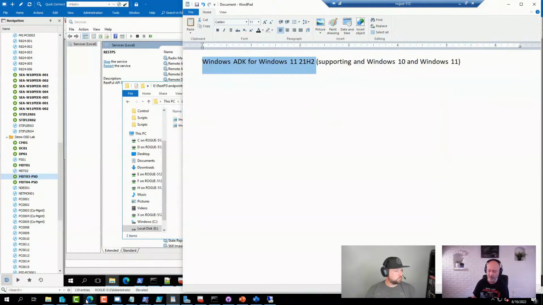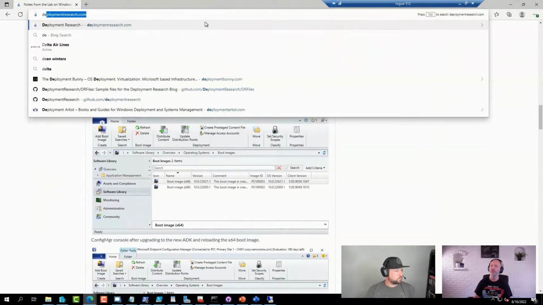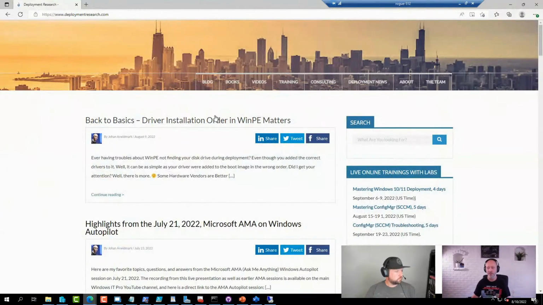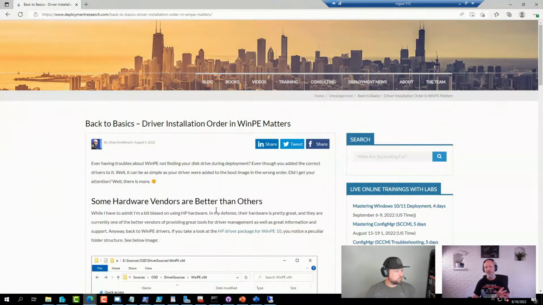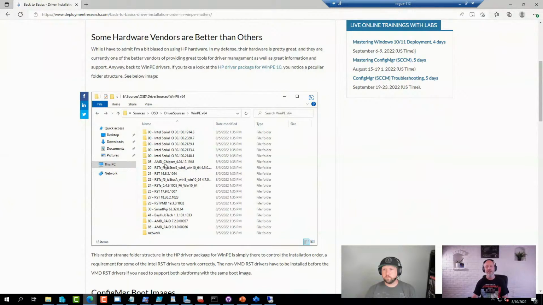This was actually something I blogged about yesterday, and not too many people know this, even though it's been around for a while, but driver installation order in WinPE actually matters. If you install the drivers in the wrong order, sometimes they will not work, and primarily that's for Intel drivers. And that's the reason why some vendors like HP have started to number their folders.